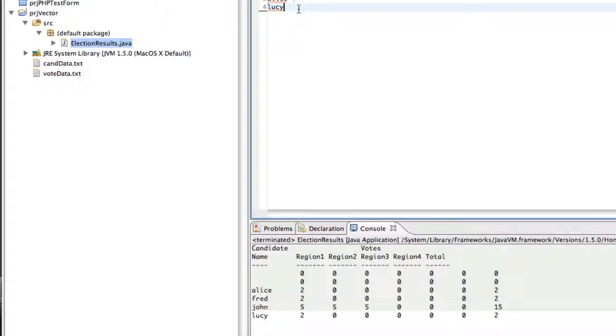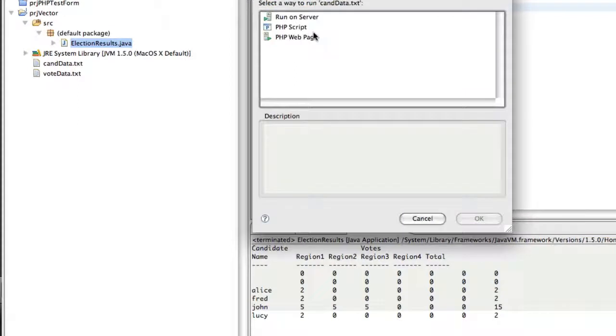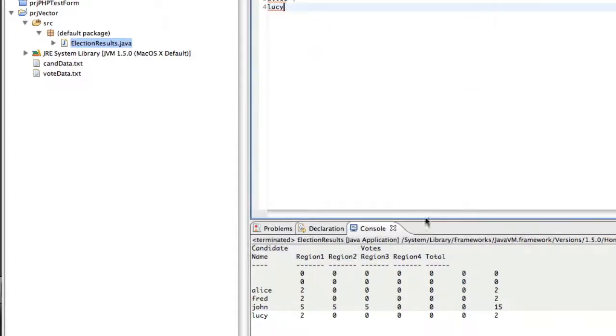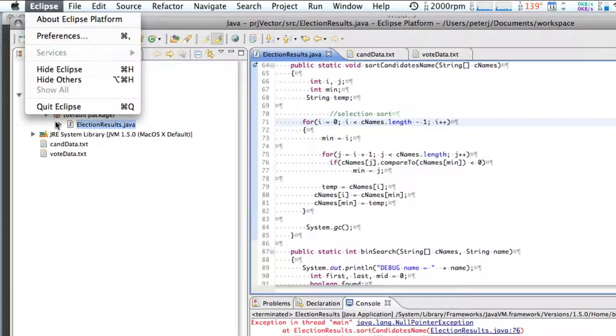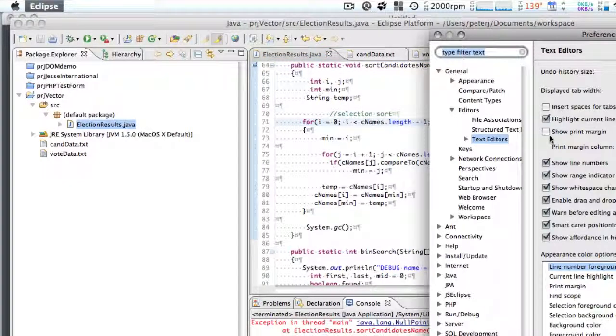So this is really how we want our data to look. And if I rerun the program now, oops, if I rerun election results, now I have a null pointer exception. You can see the spaces can get pretty irritating, so let's turn those off. Again, Eclipse, Preferences, go into our text editors, uncheck the Show Whitespace,